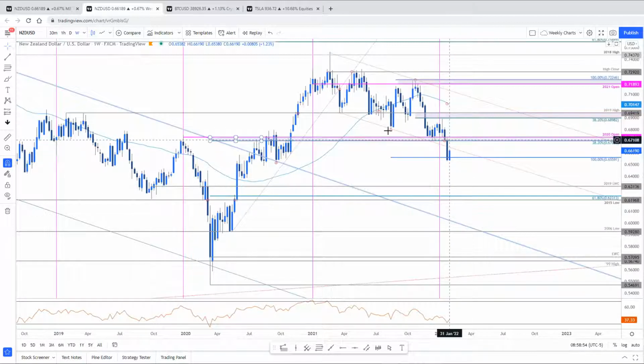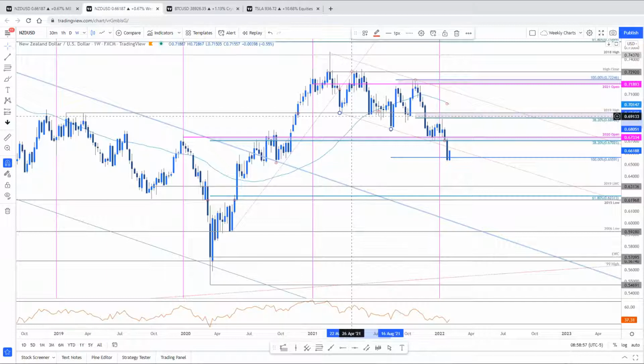Okay, big break. What do I always tell you? A break of downtrend support oftentimes can be the sharpest part of the drop. So on this recovery right here, looking for possible failure near 66.50s. Bearish invalidation is right here at key support, last year's low, 2020 open, 38.2, 67 to 67.33. So the onus is on the bulls, or on the bears, to keep this advance tamed. There's no divergence on the daily chart, unlike some of the other trades we've been looking at, rather the weekly. So I do think this is possibly a pretty significant downside break in Kiwi.